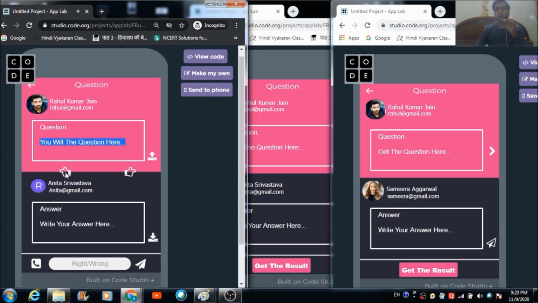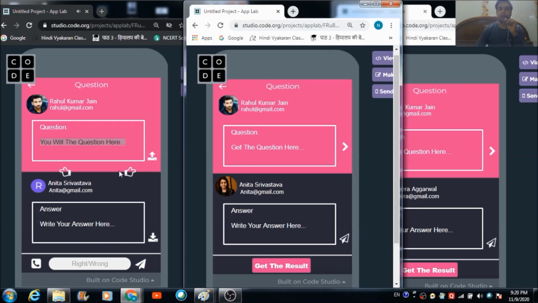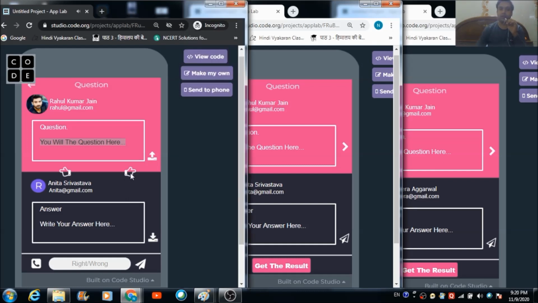Remember, we learned coding for the next and previous buttons. This is somewhat like that. If he hits this button, he can switch between Anita's and Samira's profile using these two buttons, next and previous. Now let's put a question here for Samira and Anita.